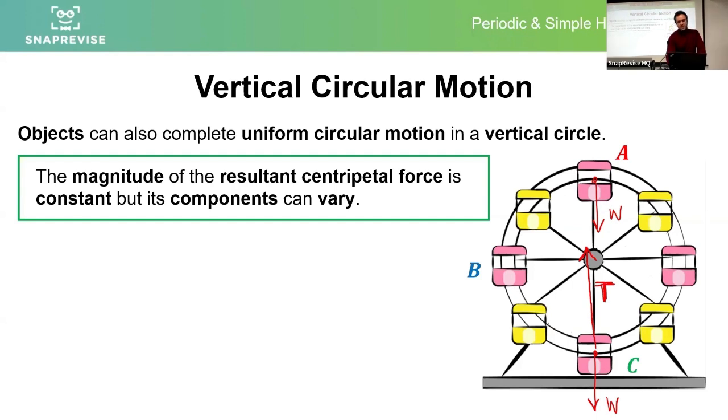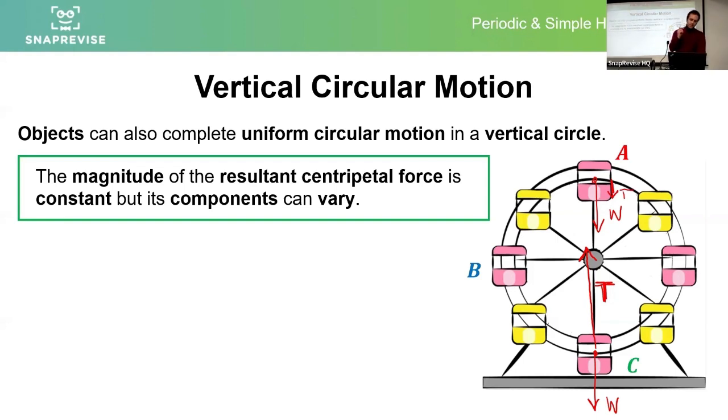What needs to take up the slack then and counteract the weight and then go some more is the tension. So at point C, the tension is going to have to be really big because not only does it need to support the weight of the carriage, but it also needs to provide some centripetal acceleration. But at A, the tension will ease off. It doesn't need to do so much pulling. It might still contribute a little bit,